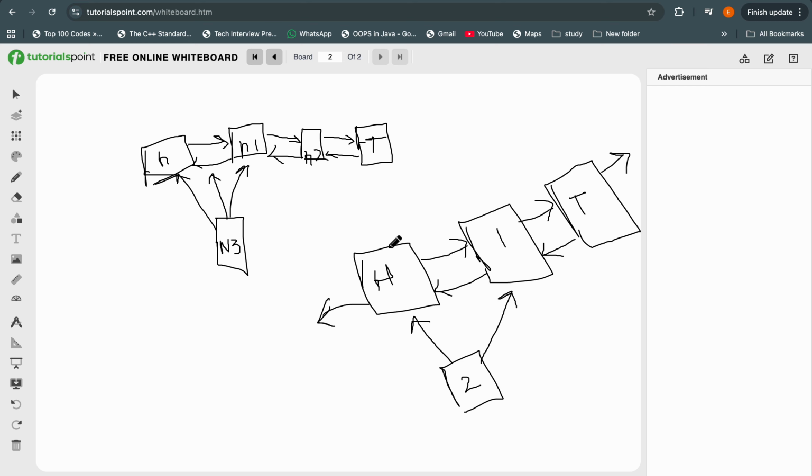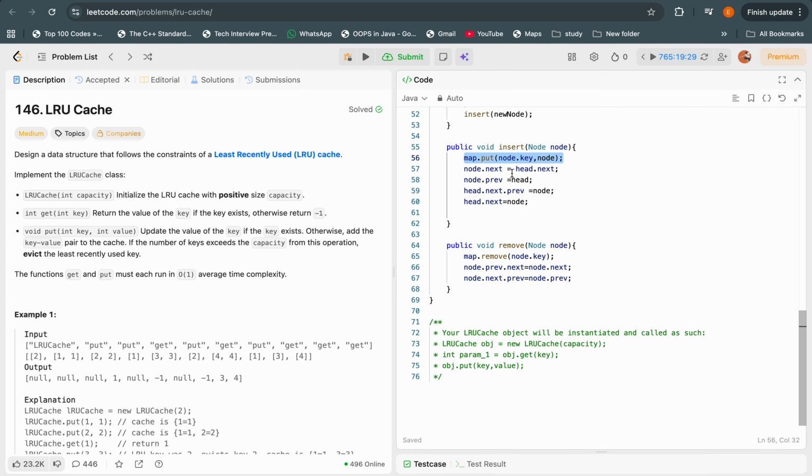And this next is going to be this, and its previous is going to be this. So that's what we have done. Node.next becomes head.next, and node.previous becomes head. And head.next, which is node 2,